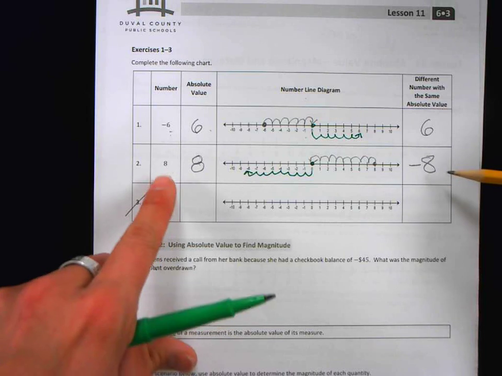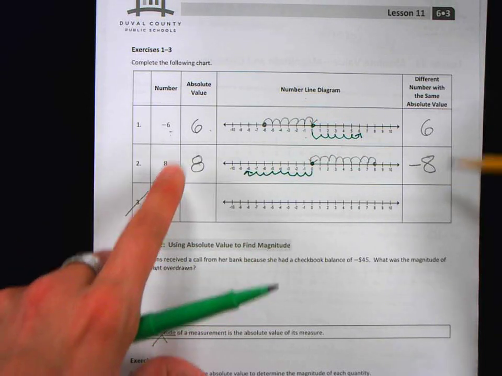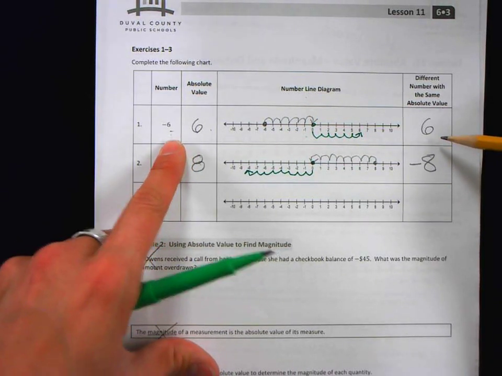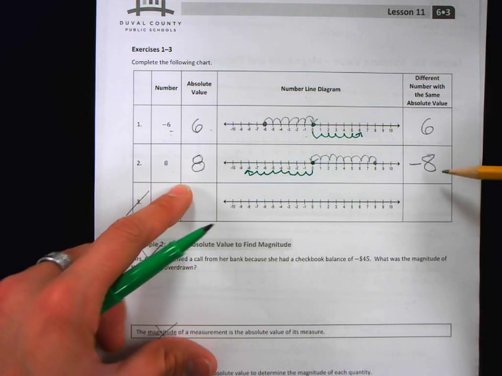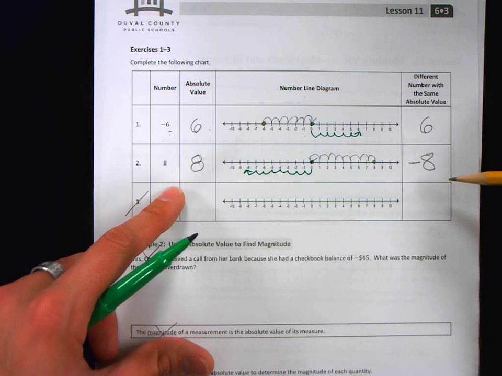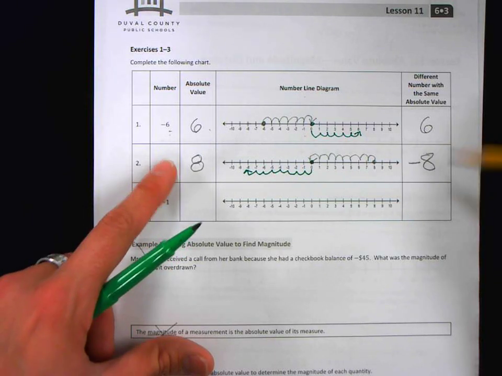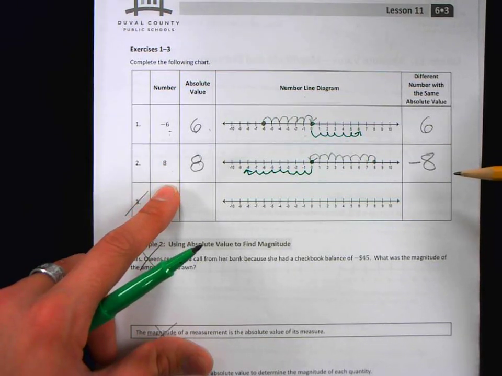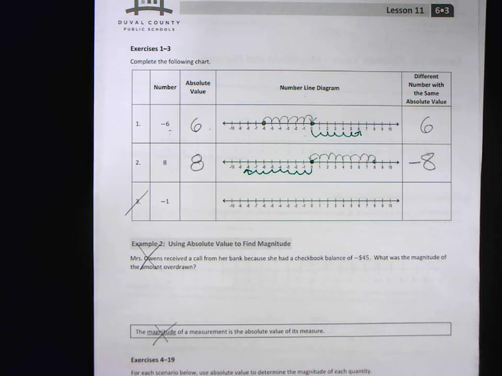Notice here how they are opposites, that opposite numbers have the same absolute value because they are the same distance from 0, according to the definition of opposites: numbers that are the same distance from 0 but on opposite sides of 0. Okay? All right, let's